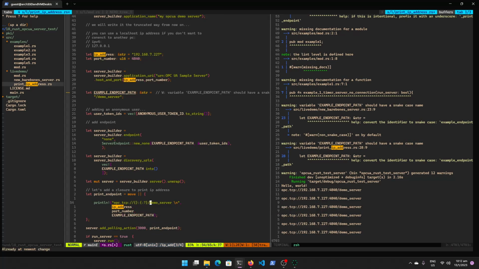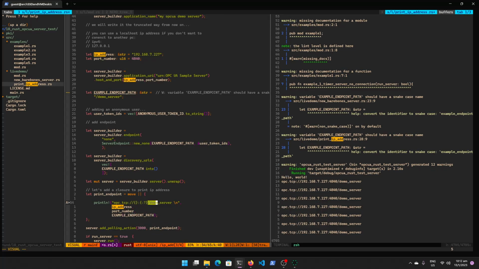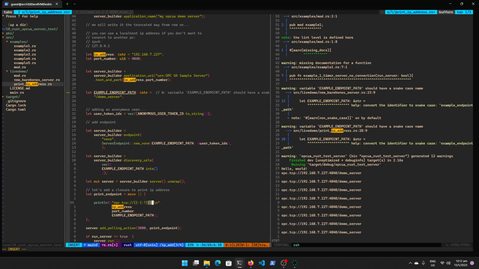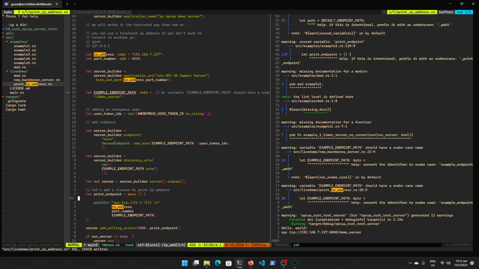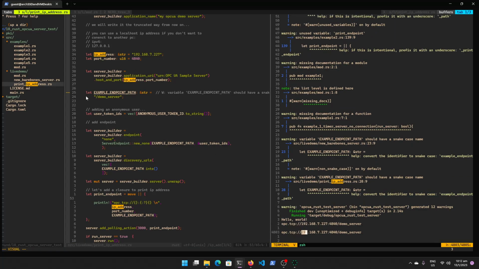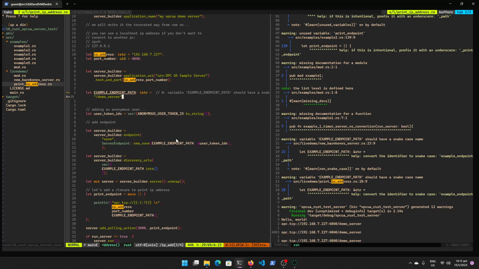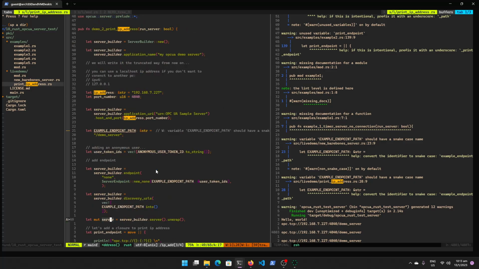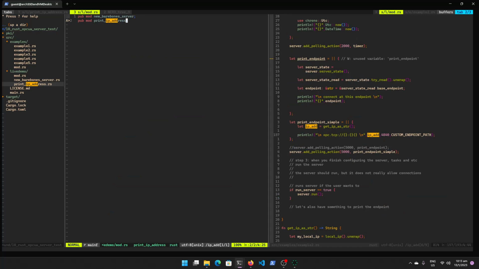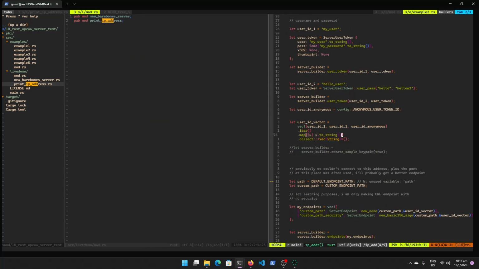So this makes it a little more programmatic in that sense, when I print the endpoint path. It makes it a little easier, so you can change the thing in one place, but that's not the only thing I want. The thing I want is to automatically detect my IP address. How is that done? There's a really nice